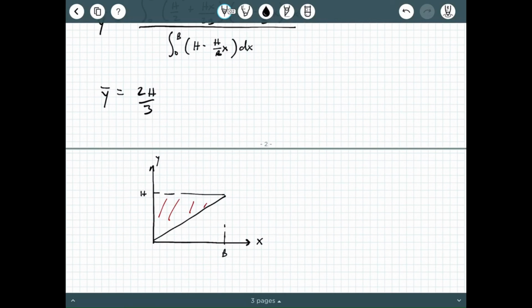Here's y, here's H, here's B, and y bar is going to be about right here. Y bar is 2H over 3, and x bar was B over 3, so it's about right